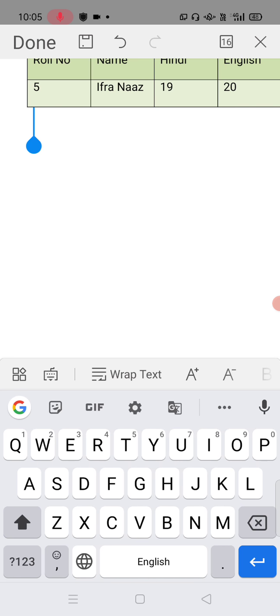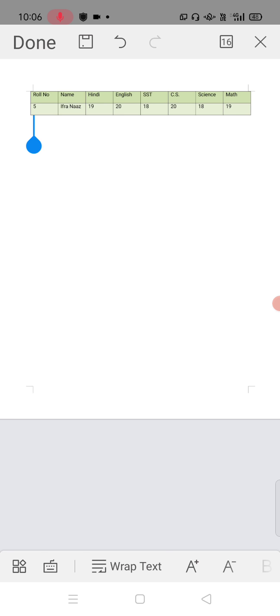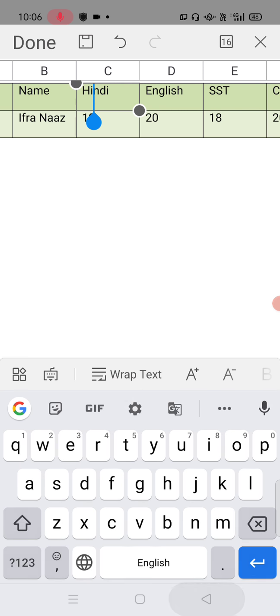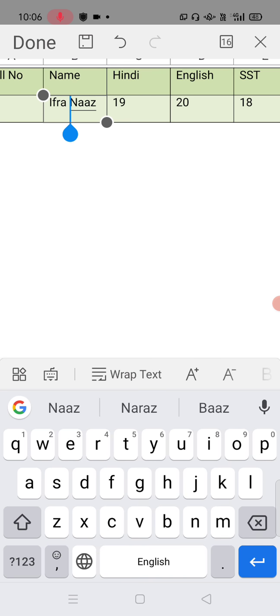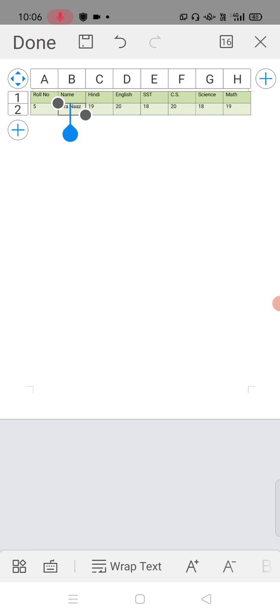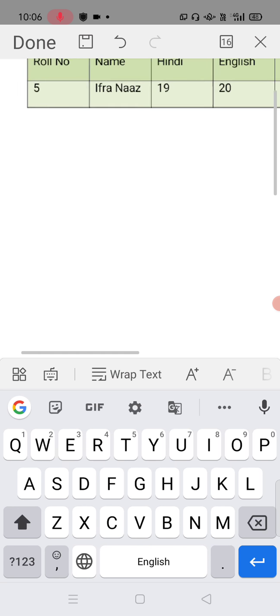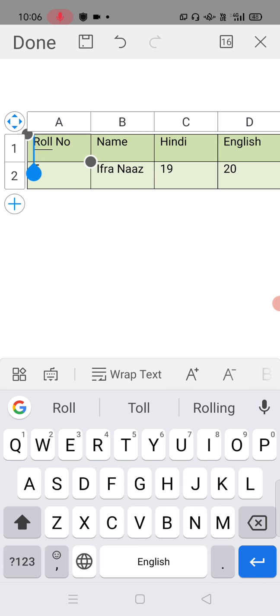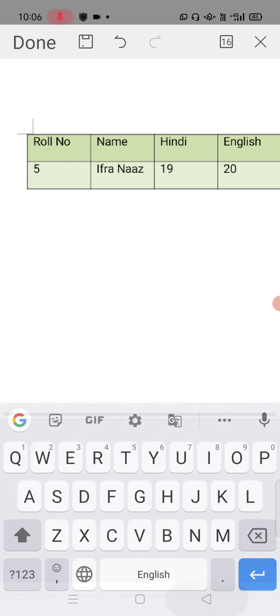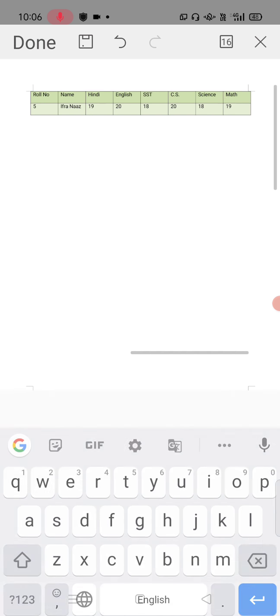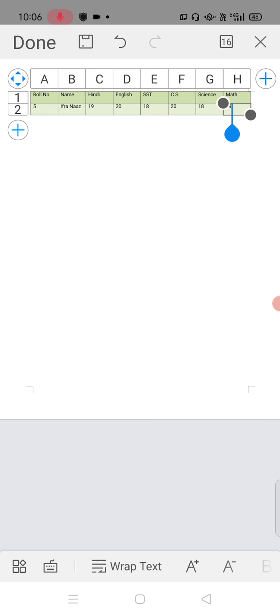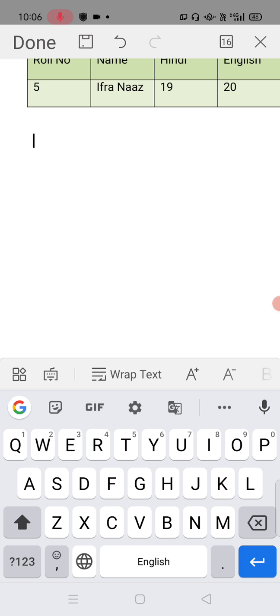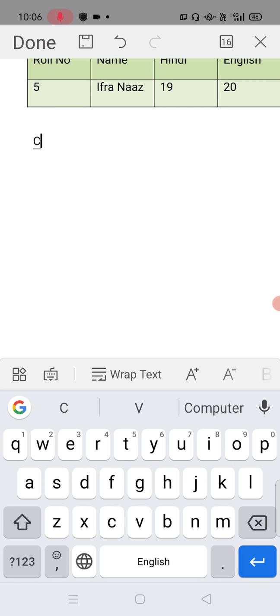Then after, you can use this table and drag it also. So accordingly you can drag it anywhere. If it is not opening, then you can press the enter key also. Drag it anywhere, whatever you want. So, okay, in this manner you can create your table. Below that you have to write your class, that is your fifth, C or B, whatever.